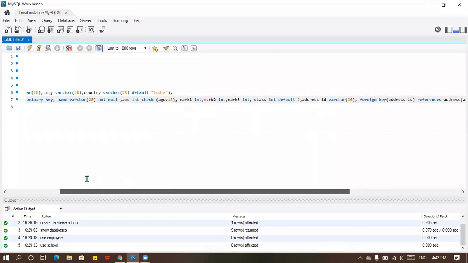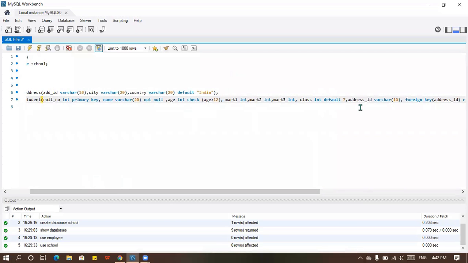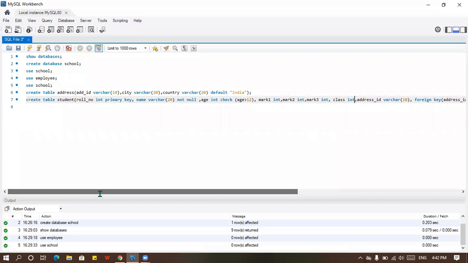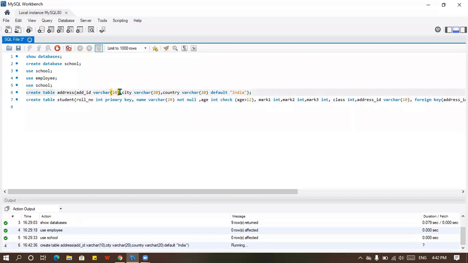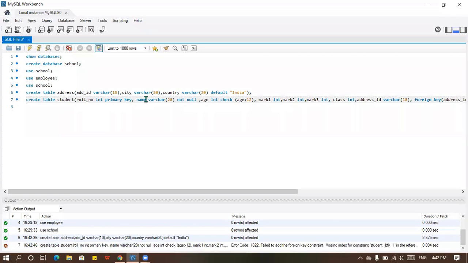So since we already have default value here, let me remove this. Okay, so now I'm going to run this one first. Control enter. So it has successfully executed, and then for this one, so it shows some error. Failed to add the foreign key constraint. Missing index for constraint student 1. Okay, so first let me add some